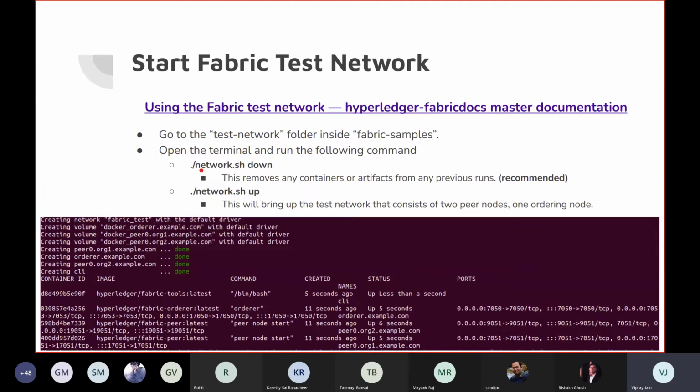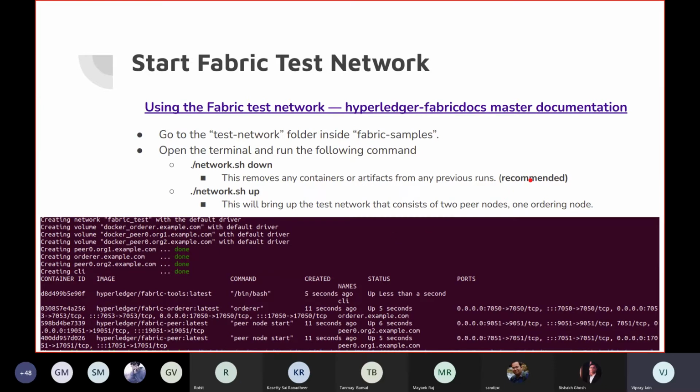First of all, we will run the command network.sh down. This will delete any of the containers which are artifacts from any previous run. Like, if we have run the test network before and have not brought it down, and we try to bring up the network again, then some files will get overwritten, and we will not get the exact result which we want.